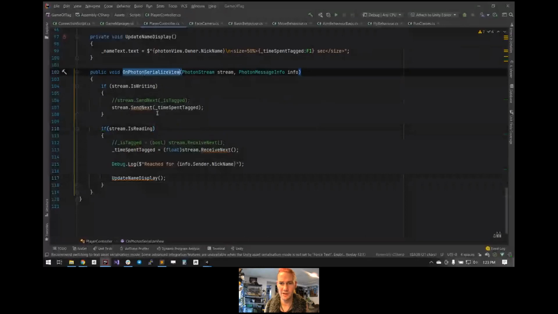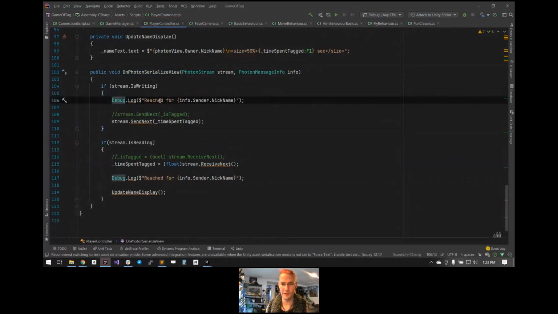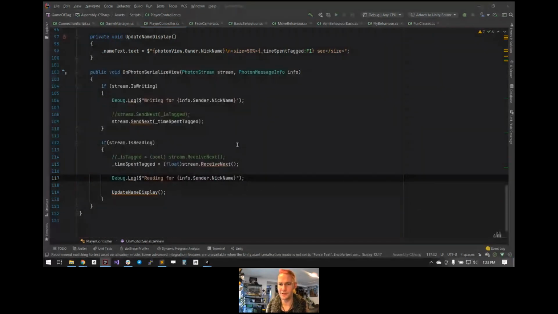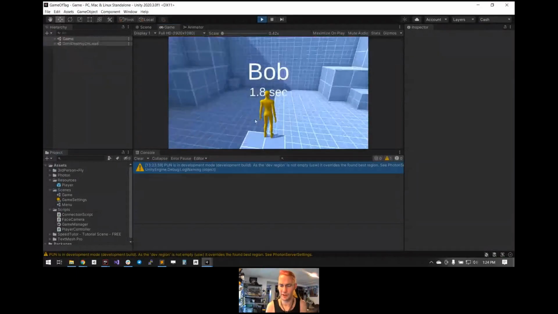So on serialized view, is the writing running, I wonder? And we'll call this writing 4. This will be reading 4. I imagine this doesn't need testing writing anyway, without another player in there. So I'm not getting any